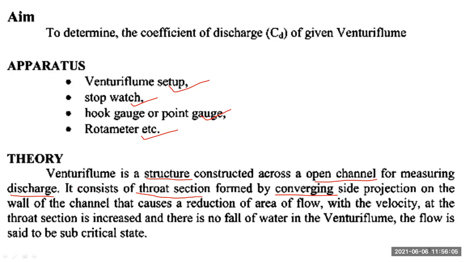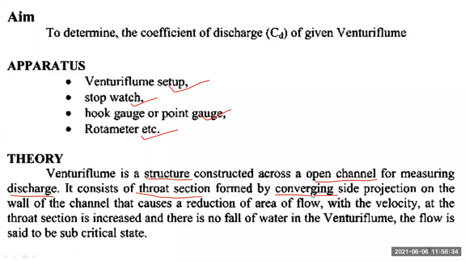So it will be having the same parts as the Venturi meter, like the converging part, diverging part and the throat section. And in case of a Venturi flume, the flow will be a subcritical flow. So subcritical flow means where the Froude number